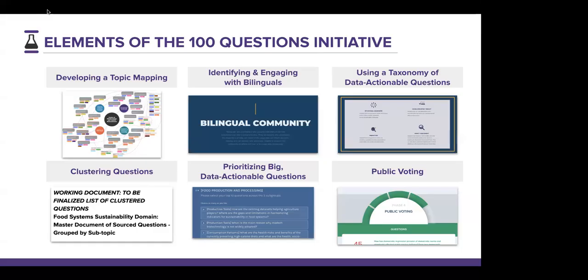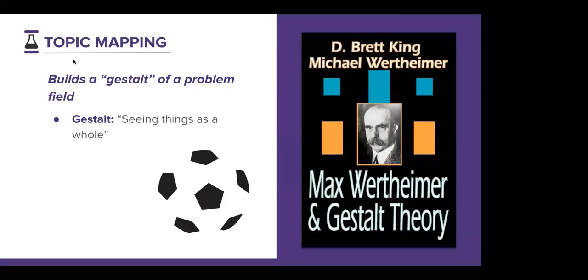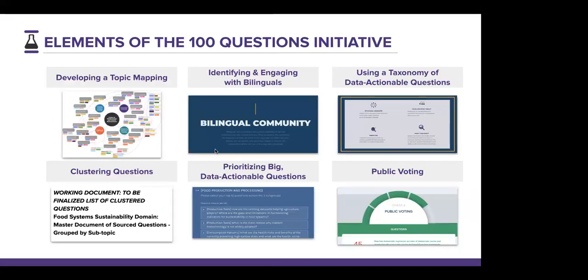We've done this now across a whole range of domains, including migration and gender, but we have also done this at the subnational level. For instance, in New York, we've started on the 100 questions for New York. We also have done it at the national level. We worked with Australia to think about what are the 100 questions for Australia that matter, for which you need a data strategy to start answering. It changes the mindset, so that you don't start with the data, but you really start with the question.